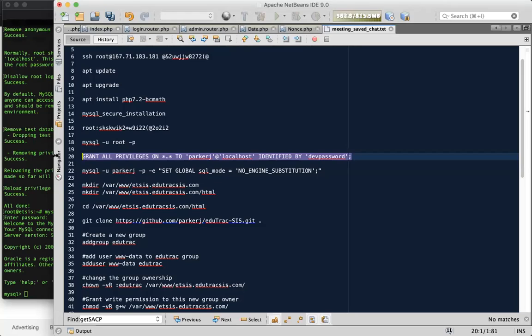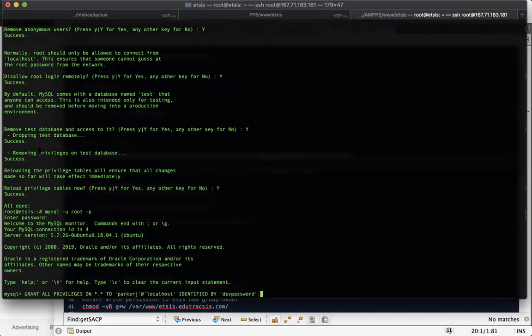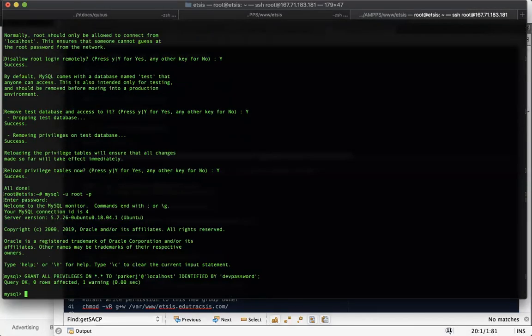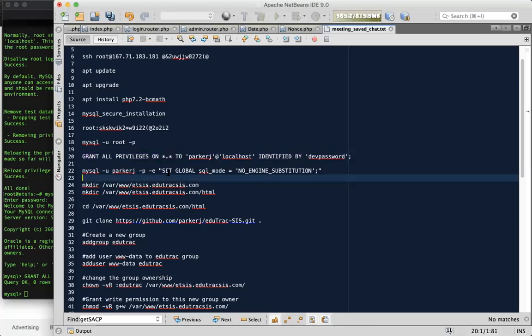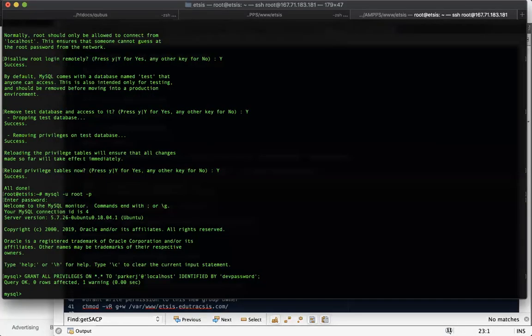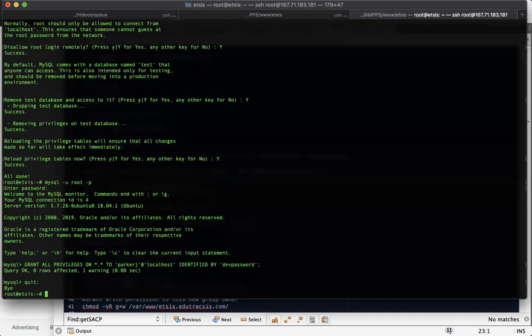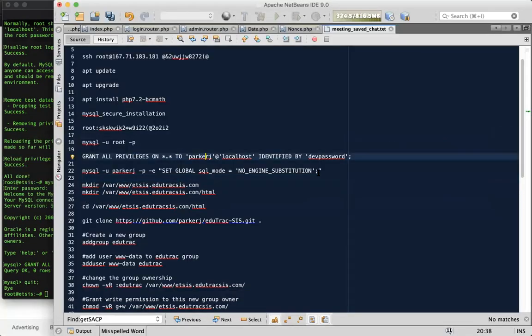So I'm going to go ahead and create the new user. And then I'm going to log out of root. And this is the next MySQL command I'm going to run. It is setting the SQL mode. And the reason being is